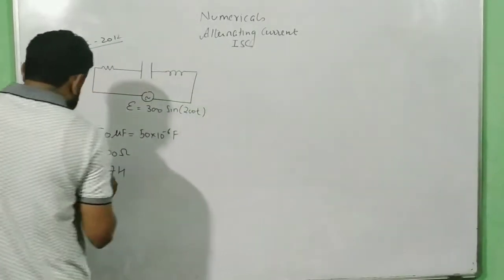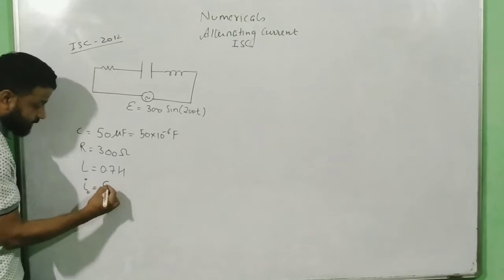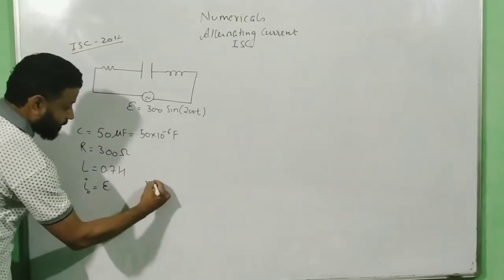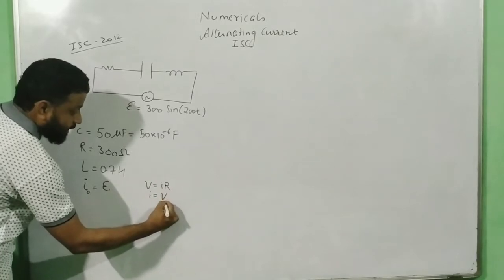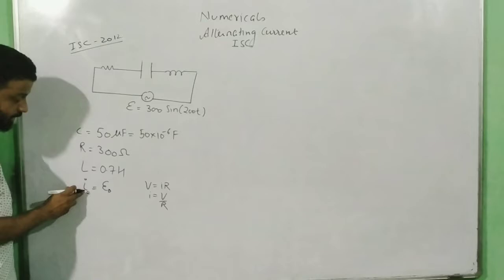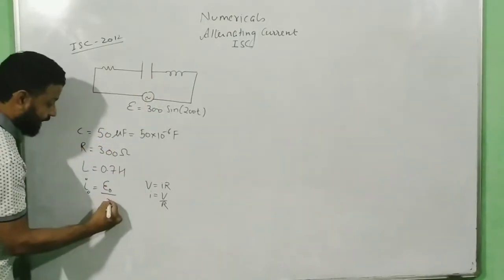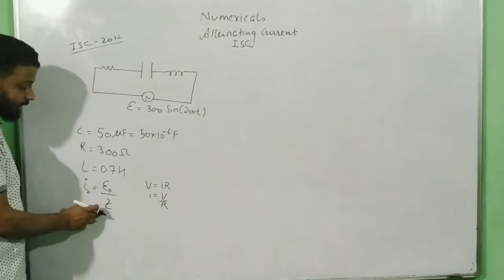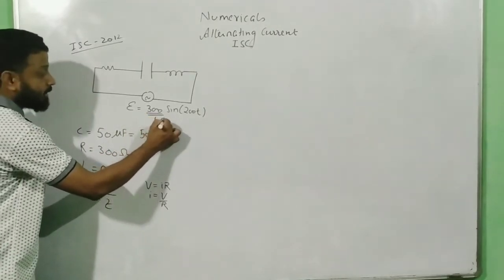Now remember, whenever you have to find the value of peak, the formula is V equals to IR. So what is I? I will be equal to V by R. Here when we use V, we use the peak value because you are finding peak here. And R we don't write R because it's an AC circuit, so we write this as Z. That means if I get the value of Z, my peak value is given to you.